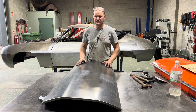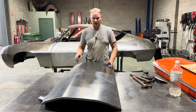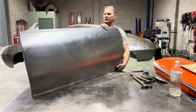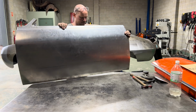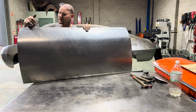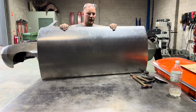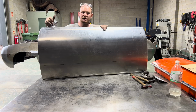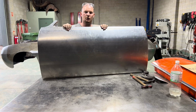Most of the door skin's done, everything but the door handle. So this is how it is looking. I've gone and stretched out the material in here. So I ended up getting my ball peen hammer and hitting that down into what was existing on this door,